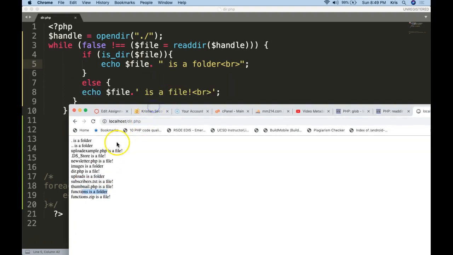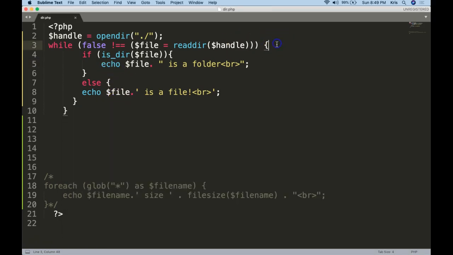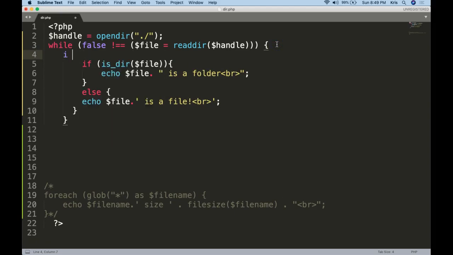Okay, cool. Well, there's a couple things here that I don't want to see, and that's the dot, the double dot, or this invisible file. If a file has a dot in front of it, it's invisible, and PHP can read it, but the user certainly shouldn't be able to. So what I'm going to do with that is test this. I'm going to test to see if the file, if file is equal to a dot,